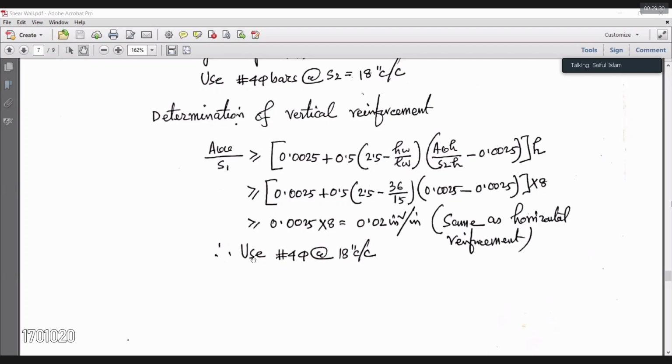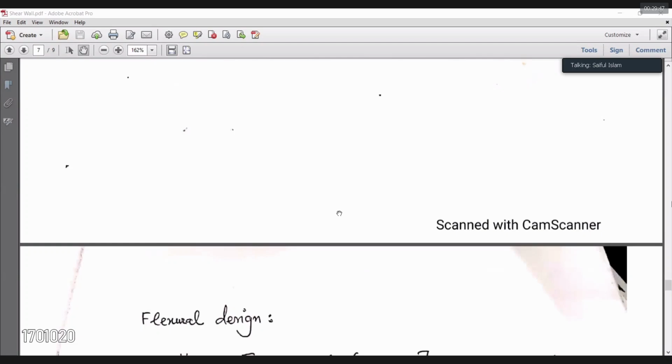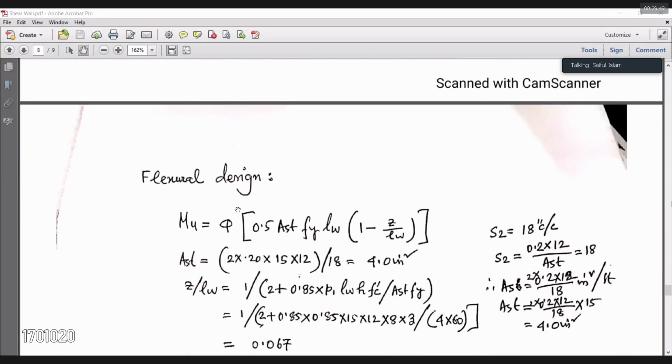So you can say use number 4 bar at the rate of 18 inches center to center in both faces in the vertical direction. In this way, this is the horizontal shear steel, and we have got the vertical steel also. Now another remaining steel is the flexural steel. You go for flexural design,